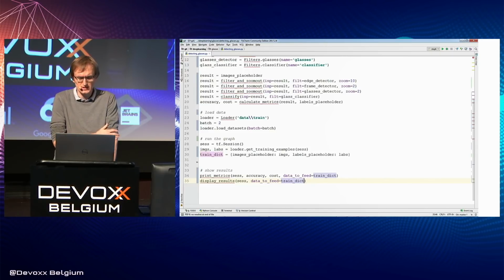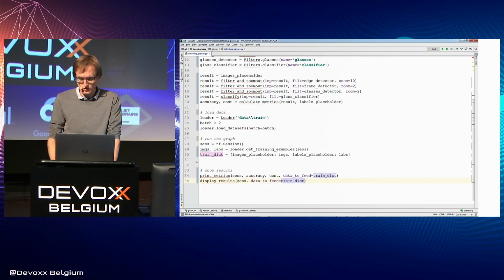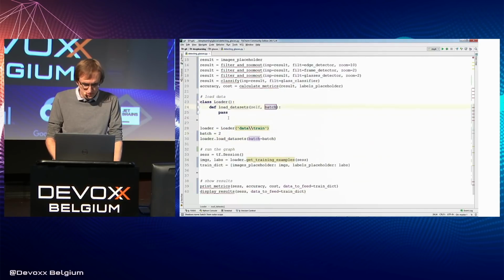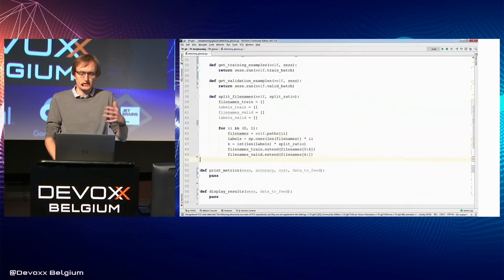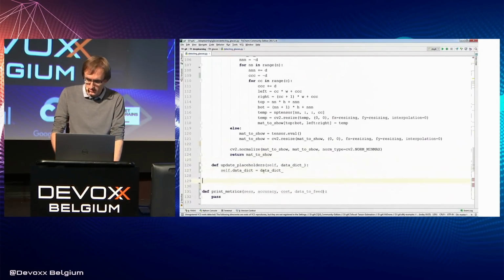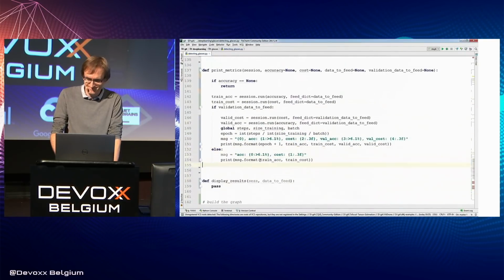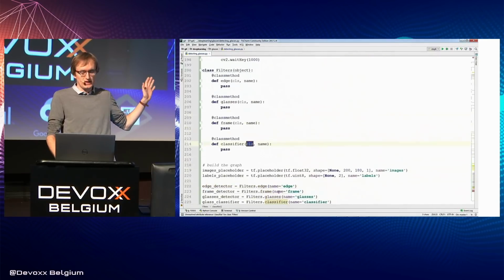But most of these things, like displaying images or reading files from the disk, are really trivial. So it would be too much of a waste of your time if we go through all of the code. So we'll just do it very, very quickly now. Of course, we will share the code. But it's much better, obviously, if you just follow it while we are trying to write it. But it's not our aim that you understand now every line being typed.